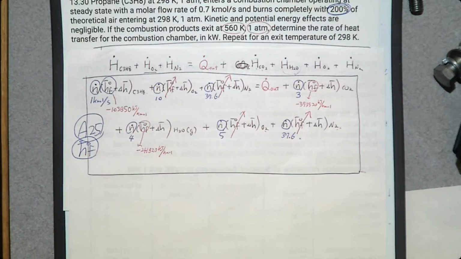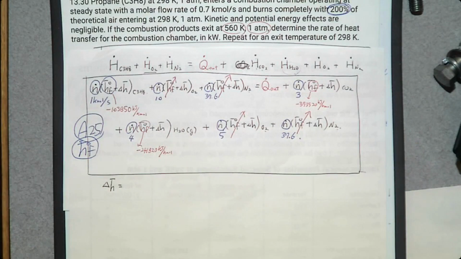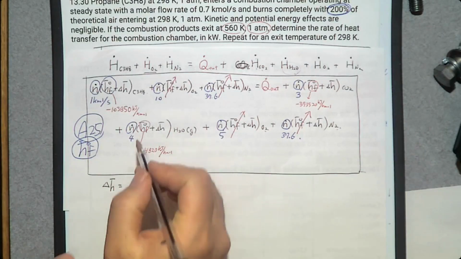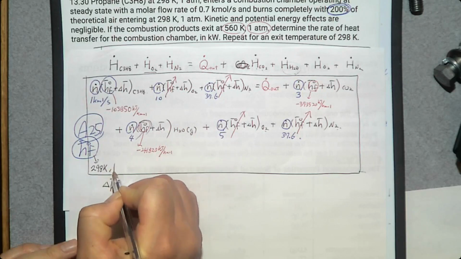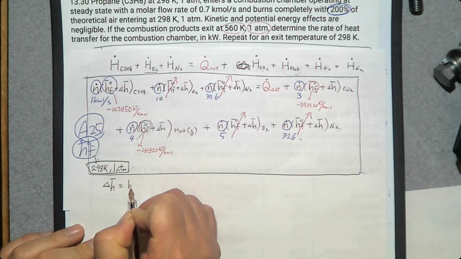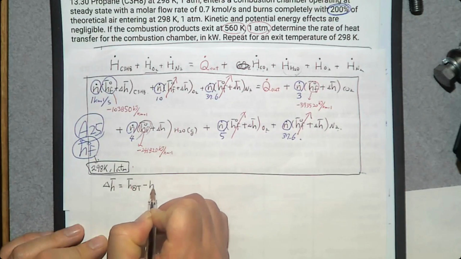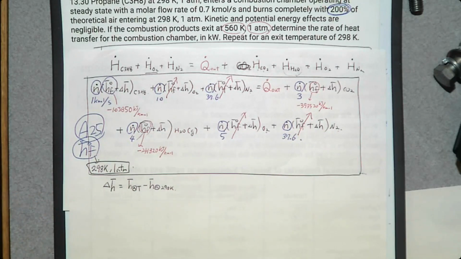Then the next one, delta H. What is delta H? Delta H bar is, the enthalpy of formation is only valid at the standard state, which is 298 Kelvin, 25 degrees Celsius, 1 atm. What about if the temperature of our system is different from this temperature? Then that's when we use delta H bar. So this delta H bar is H bar at the given temperature minus H bar at the standard state, 298 Kelvin. So if the temperature is different from this one, then we use this one to correct